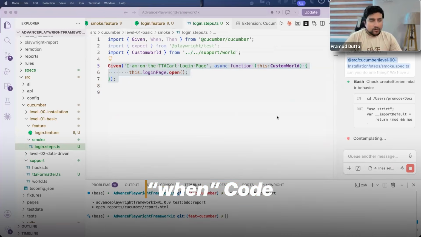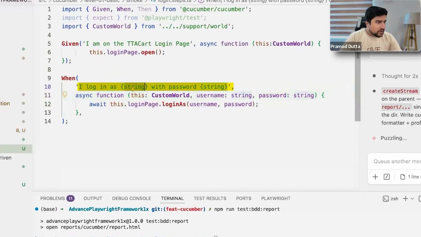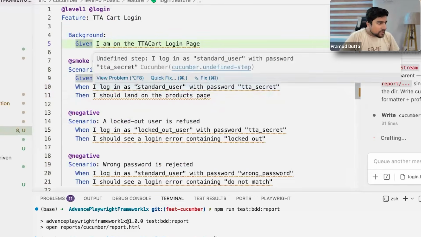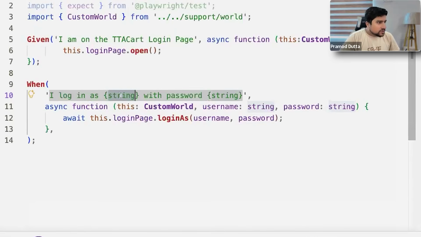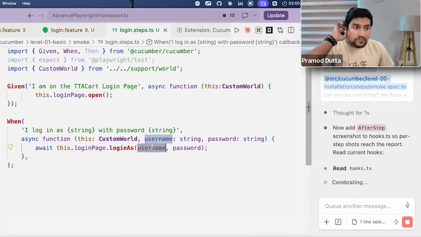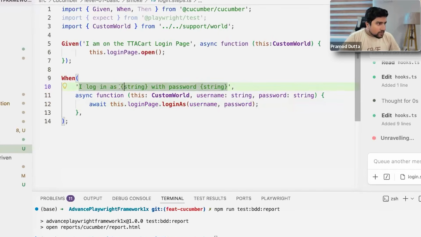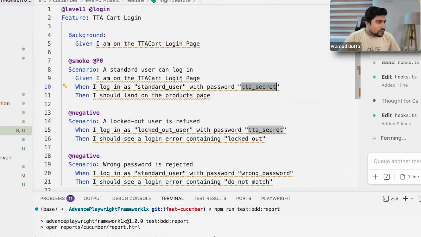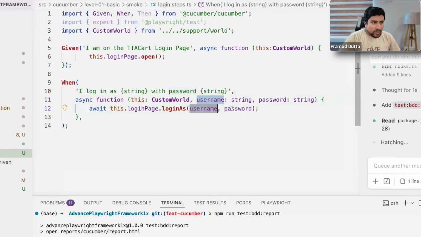Similarly, we can do the when code also. We know the function login as username, password. Now here comes the string. If you see, we have passed the parameter as standard user. Now this value will be automatically given to this string and automatically passed to user here. This is called variable injection in Cucumber. Whatever English you have typed, you use a variable with the name string and string, so it will be value string and string. These two values will come to the username and password in the function,